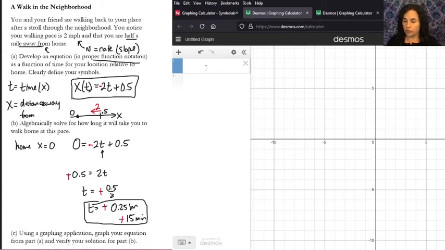So when I write this equation in Desmos, I'm going to say y equals negative 2x plus 0.5. Okay, now that I have the typo out of the way,